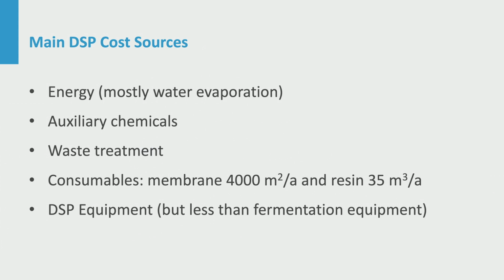For obtaining the DSP cost, we can use the mass balances to quickly estimate the costs for energy, auxiliary chemicals, and waste treatment once we know prices per item. For the consumables, we need to know their replacement frequency. This depends on fouling and needs experimentation. First guess would be 1 replacement per year. The amounts required depend on the capacity. The Excel file shows estimations that lead to the numbers given here. We cannot yet say much about DSP equipment cost, but the aerobic fermentation equipment for PDO might easily dominate the overall equipment costs.